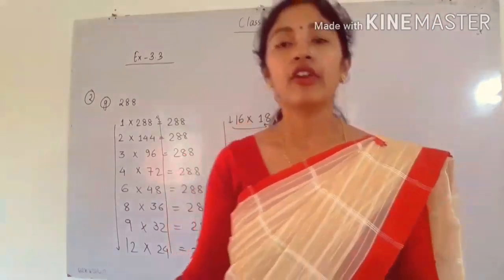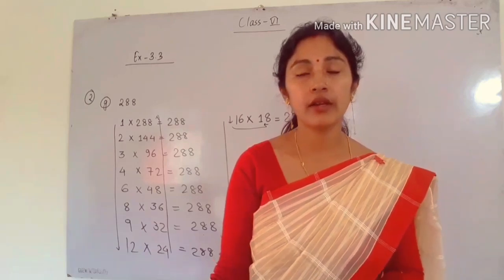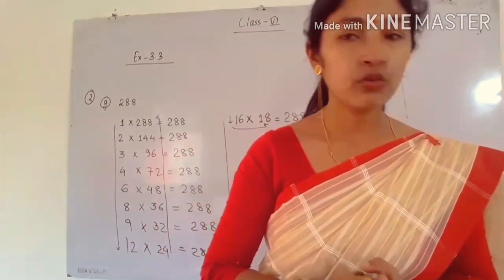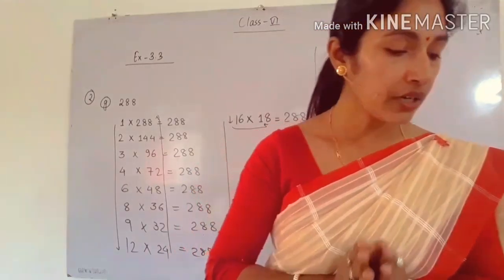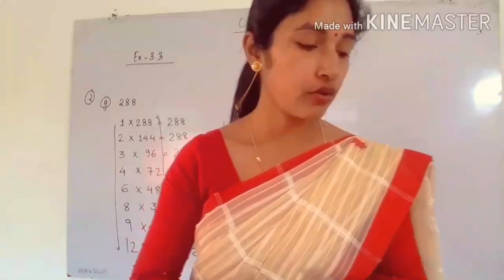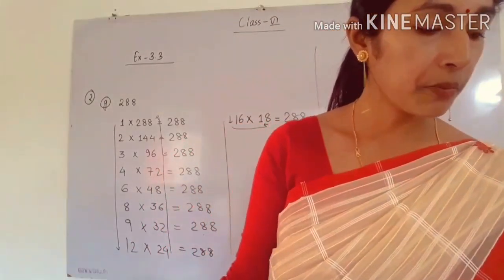You know, if a number is exactly divisible by the other number, what will be the remainder? You already know, so I will not do this one. You have to do number B. A number is a dash of itself. This is also something you know. Okay, so come to question number 4.